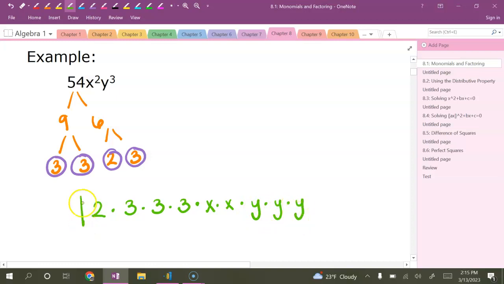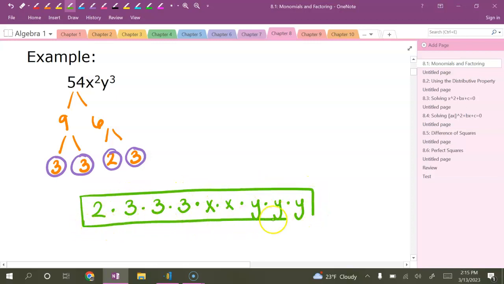So this is what I want our final answers to look like here for our factored form. You'll start to see in a little bit when we get into the GCF why I want you to write it this way. Instead of trying to condense it down, sometimes students wonder if we can rewrite this as 3 to the third power. And you could, but for right now, we suggest that you wait to do that because we want you to be able to see certain things when we get into the GCF,